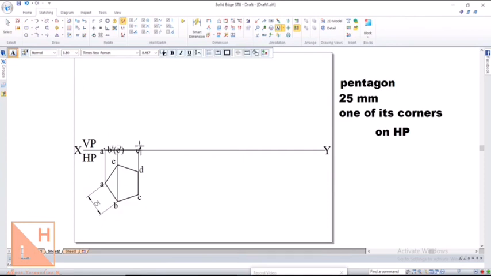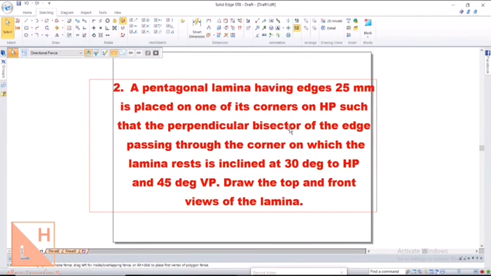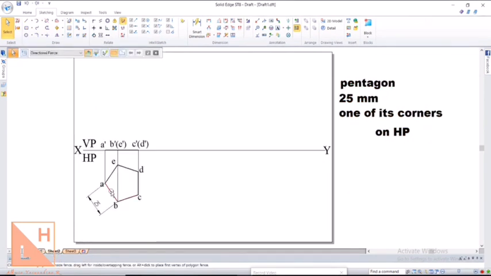Do not worry where you are typing, later we can move it for the given problem. So let us now proceed with the next position by looking into the question. The next condition says that it is resting on HP such that the perpendicular bisector of the edge passing through the corner on which the lamina rests